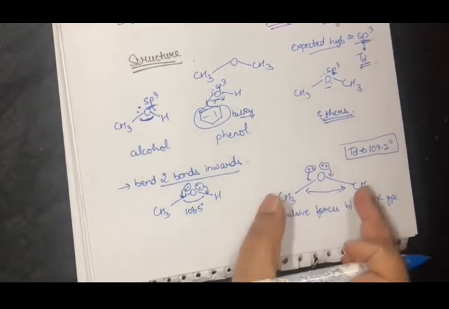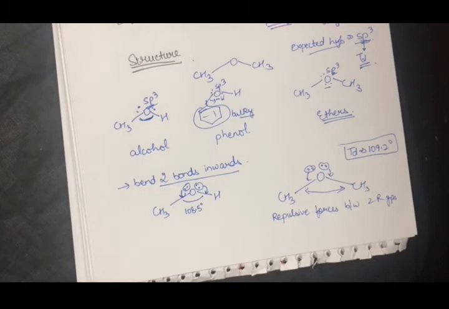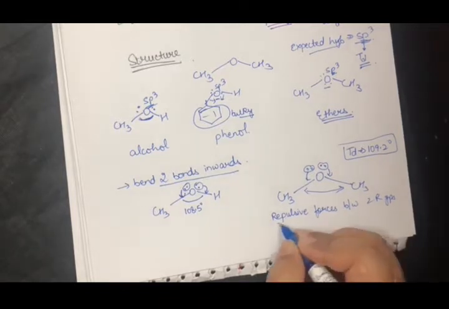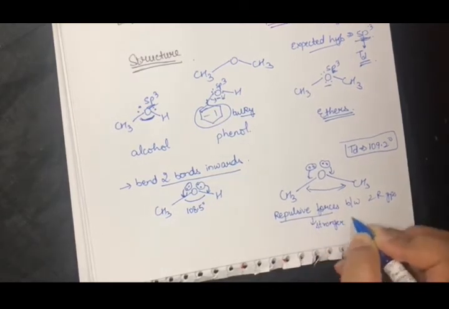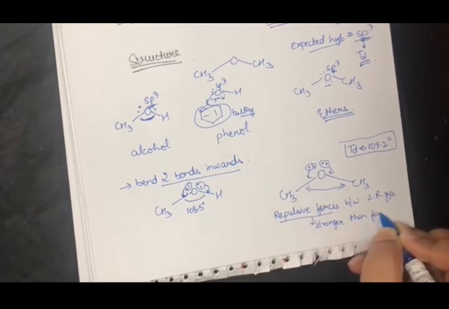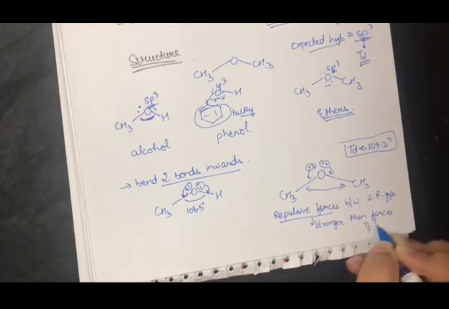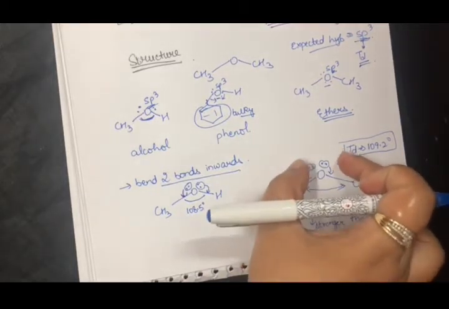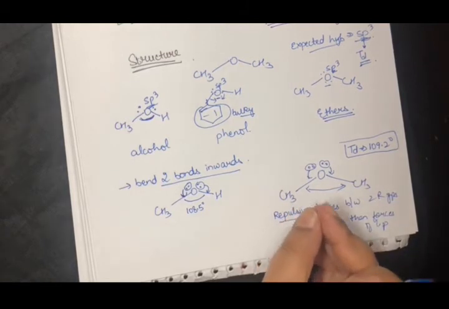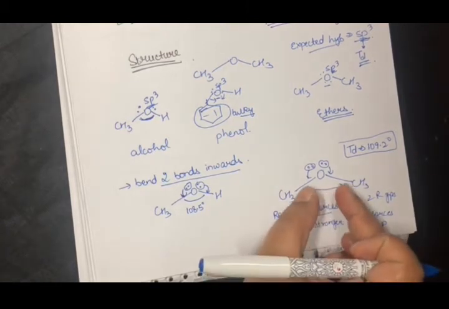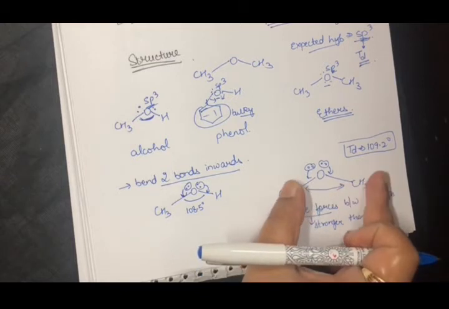Both the groups on the two sides of the oxygen are bulky R groups, so there has to be repulsion between the two R groups. Now these two repulsions were found to be stronger than the forces of the lone pairs. Imagine what is happening. There is a push from both sides so that the bond might bend inwards, and at the same time there is going to be repulsion from these two groups and this is going to open outwards.